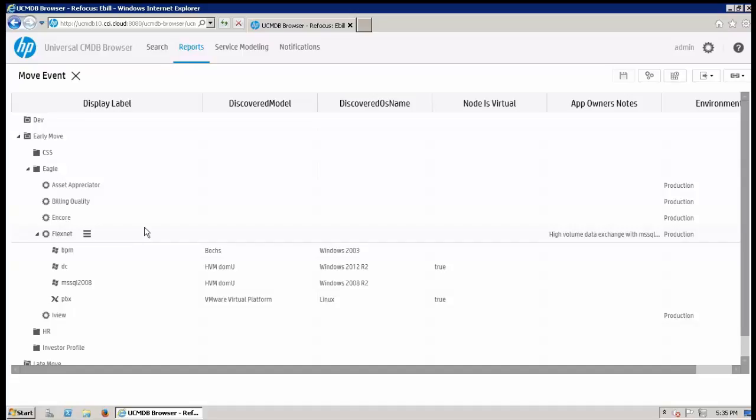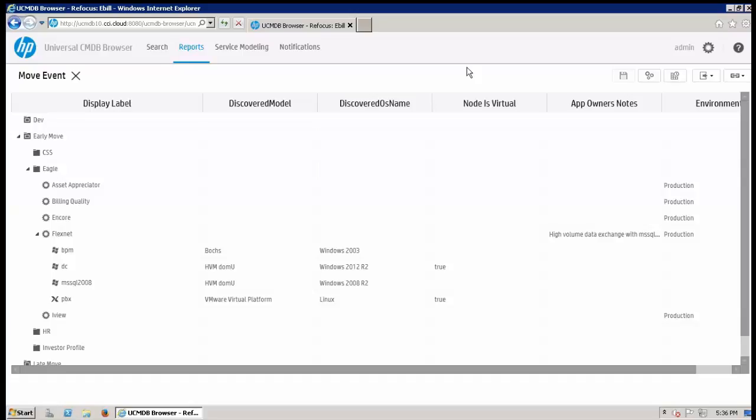You'll also notice that we have control over the different attributes to include in the report, and some of the high-level attributes that are very useful from a migration standpoint are the operating system that's running on a server and whether that server is virtual or not. So quite often before a migration occurs, you do a transformation of the existing data center, and you may want to bring all servers up to a standard operating environment. So you may set your own policy to say that the minimum for Windows Server is Windows 2008 R2, and any other server that's below that version is violating that policy